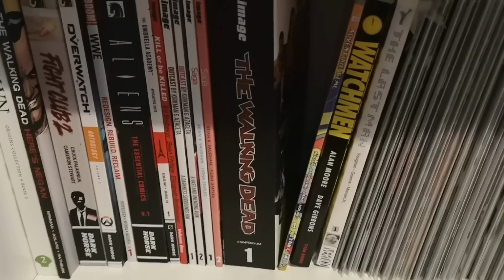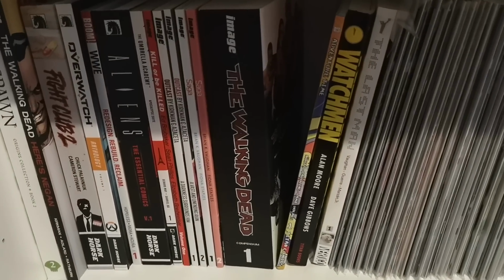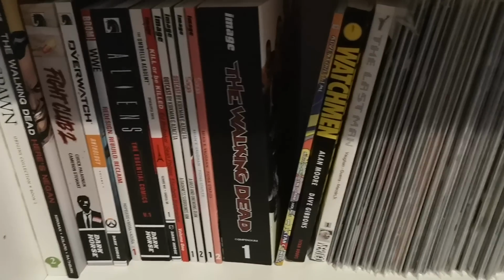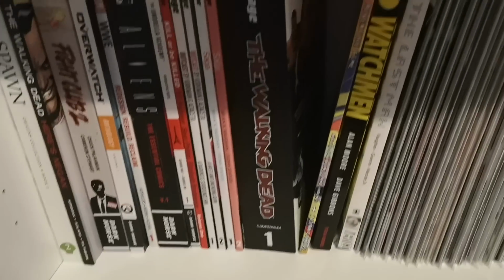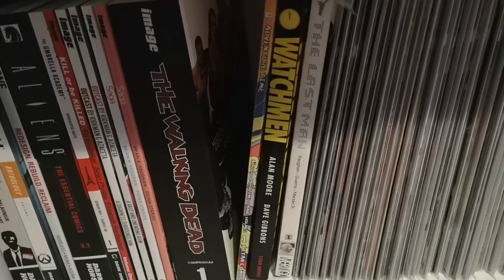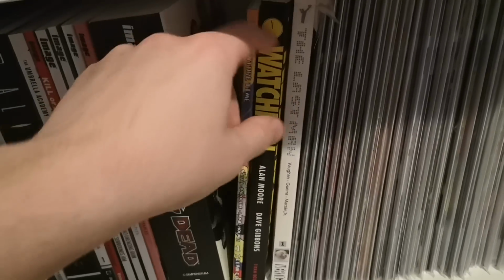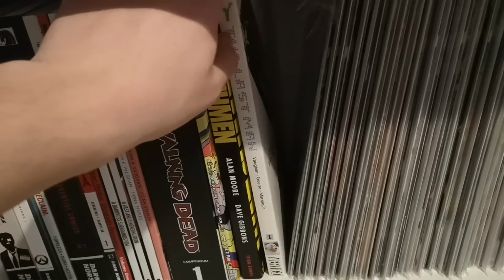I'd read up to, I think, the end of Compendium Volume 3 in sort of standard trades, and then I switched over to these, so I still need to get 1, 2 and 3. Then we've got Adventure Time Volume 1, Watchmen by Alan Moore and Dave Gibbons, Y: The Last Man Book 1,